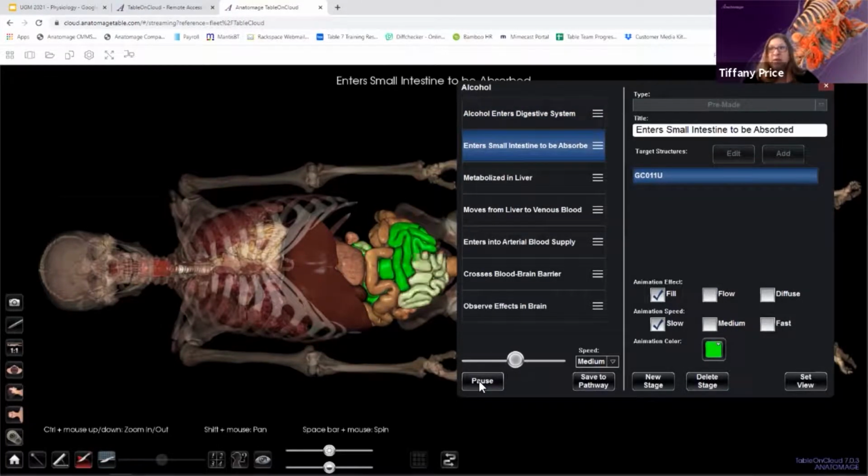And as you're using these pathways, you can always pause at any point. So you can talk with your students about what's happening, or you can have them talk to you about what's happening. So we know, okay, it's going into the small intestine where it's going to be absorbed. You could even pause it before they move on to the next step and say, all right, what's it going to be absorbed into? Make them think about the different veins that are coming out of the small intestine that are going to be carrying that absorbed alcohol. All right, great. So now